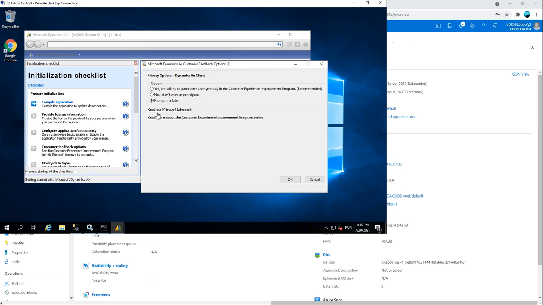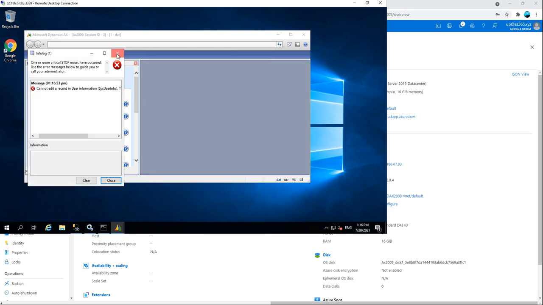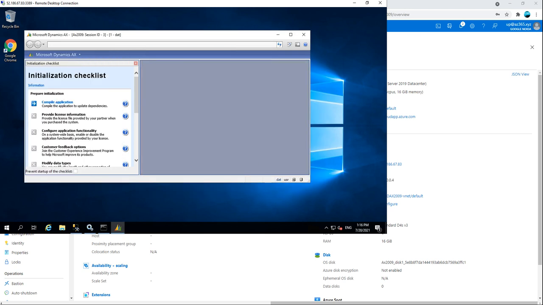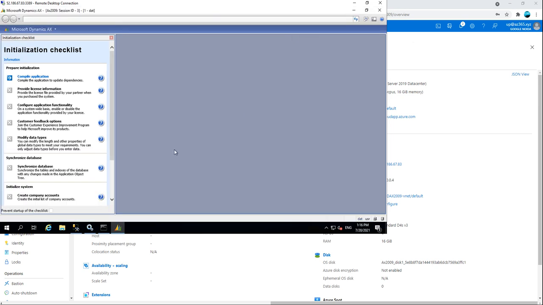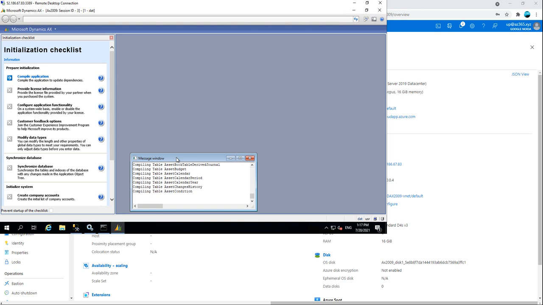So this is the first prompt which is there. Obviously from the database and we can actually select none for participation from the backend. If you Google on my name, you will get the command for it. So just get rid of it and then compile the application. To be very frank, while you use the AX for the first time, compilation is very important. So just say compile. Now this compilation would take around a good amount of time, probably 1 to 2